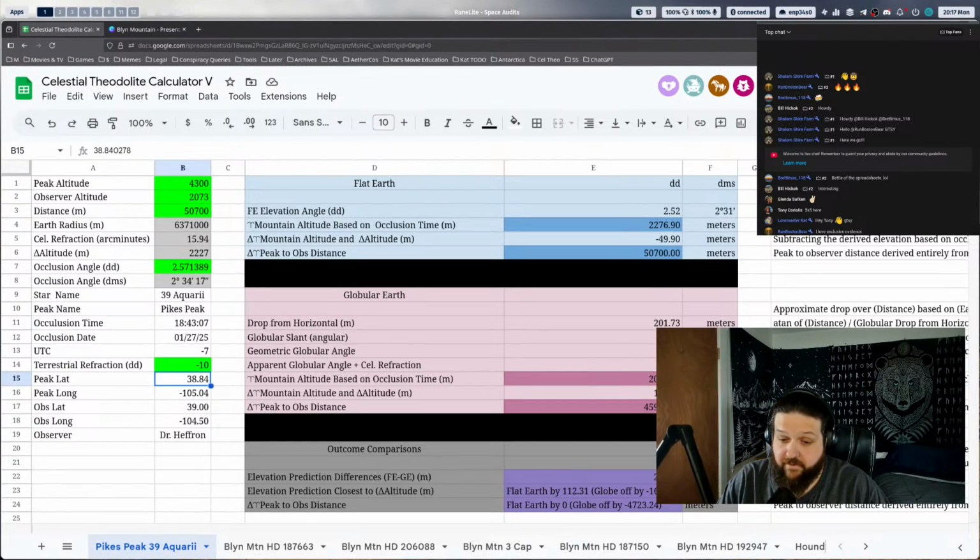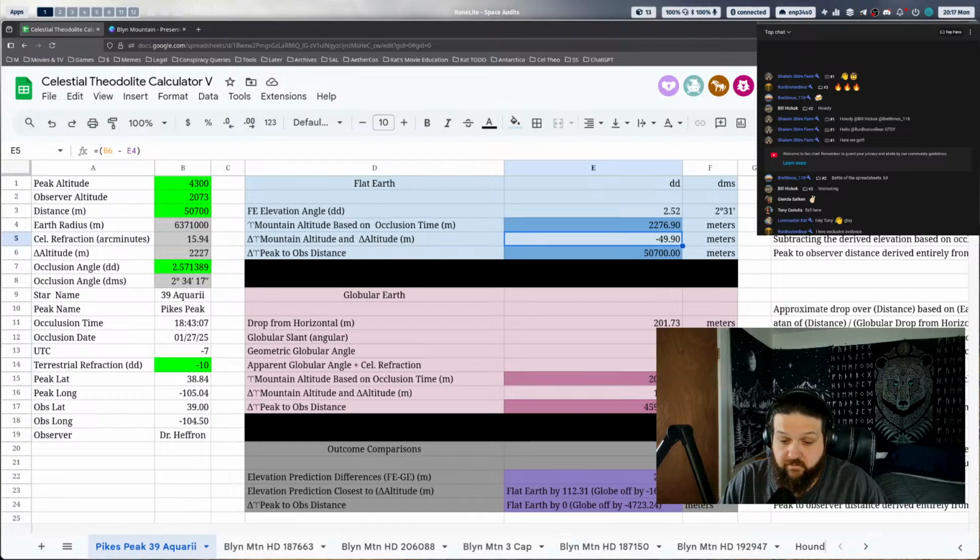You're saying at Mike's house, the star's at 219, right? And that's also the elevation of the thing, right? So if that was the case on a globe, and we backwards derive based off of those elevations, we get exactly where we're at on a flat Earth, and we're pretty close to the actual elevation of the mountain. When we backwards derive it on a globe, but using the 219, it's way off.